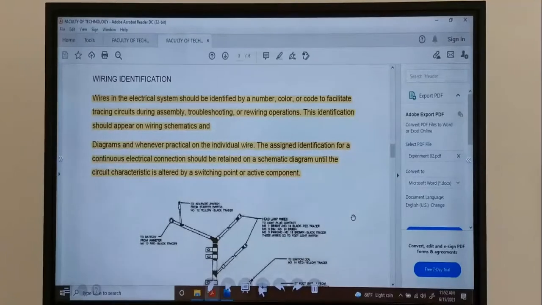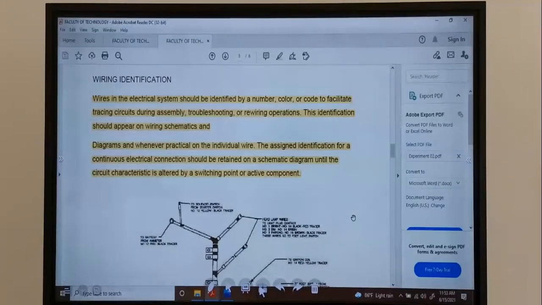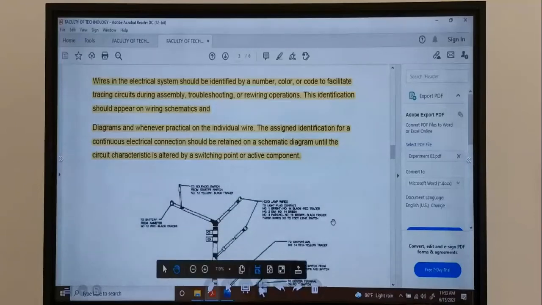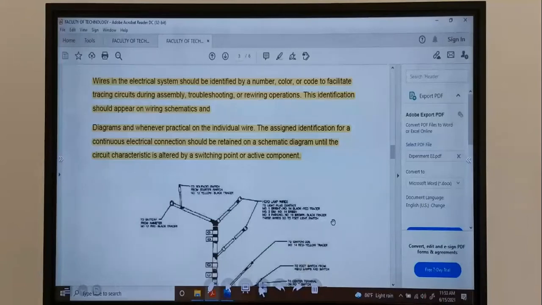So in the wiring electrical system, how do we identify the wire? According to the manufacturer, some wires have a specific number, color or code, showing which device or circuit they go to. So every wire has a tag, number or color. To identify the circuit assembly quickly for troubleshooting, the identification should appear on the wiring schematic. Otherwise we have to search each wire. So proper identification is very important in the electrical circuit of an automotive vehicle.